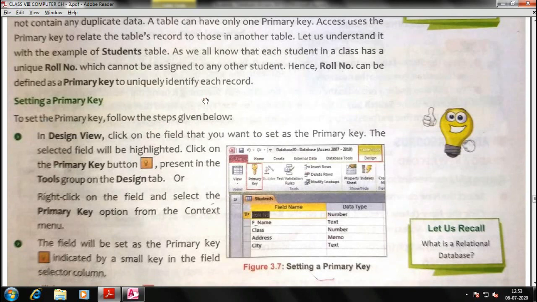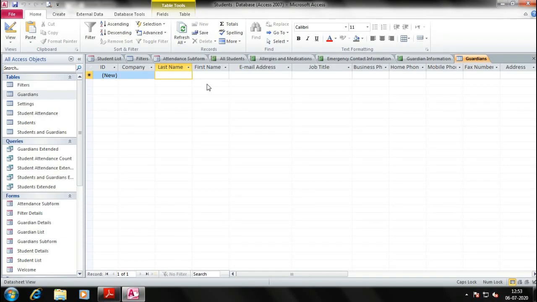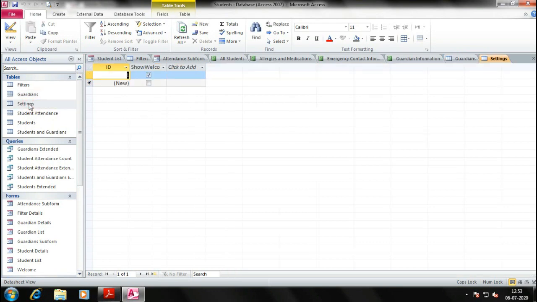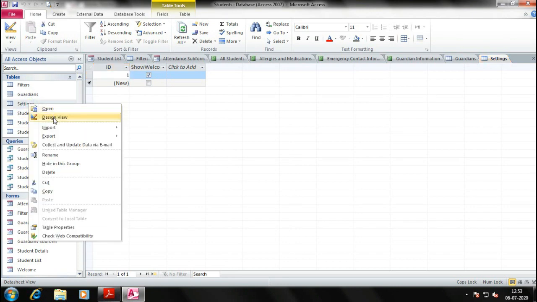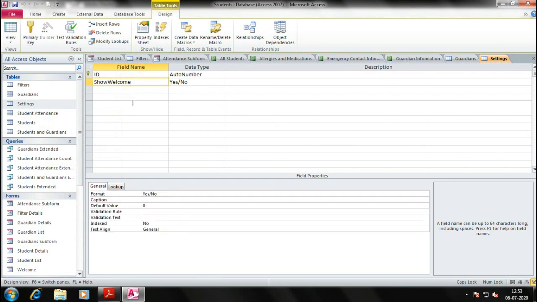Setting a primary key: let me tell you how to set a primary key. Suppose in this settings table, let me go to design view first. These two fields are given, ID and show welcome. Can you see this key before this ID?